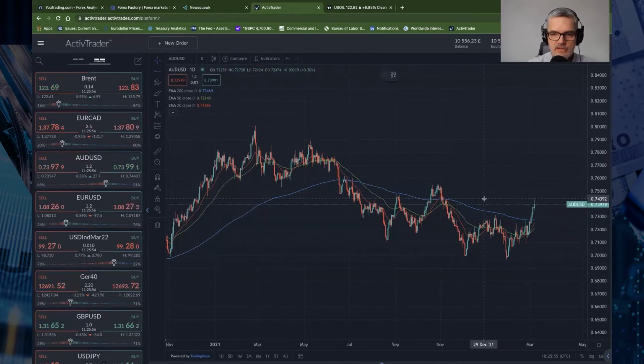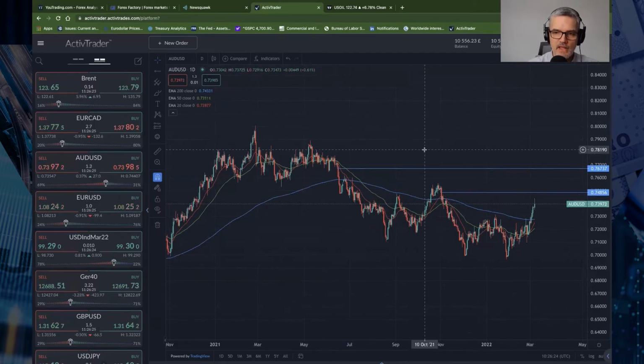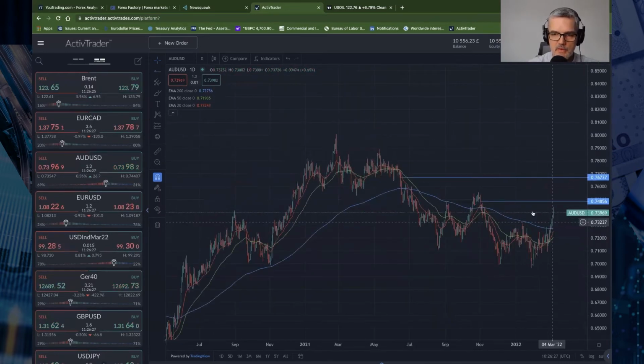The next resistance level for me with the Australian dollar versus US dollar is this low here from October, November 2021, just below the 0.7485. I can see the Australian dollar rising to test that. Obviously, if we get above the swing high from October 2021, then we're looking further left, taking out these swing highs up here, and then into this imbalance and around 0.77. So that's how I see the Australian dollar playing out this week. I think another bump up into the 0.745 area.